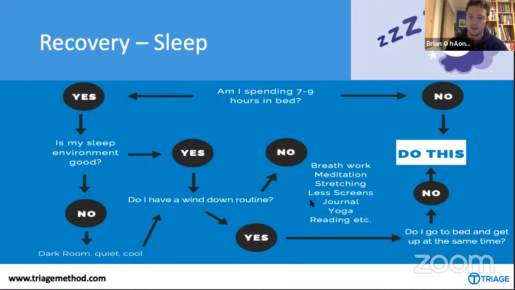Again, limiting your screen exposure is really important. Limiting artificial light exposure. So you never really want to be on your phone in bed. There's apps you can use, like night shift mode on iPhones, or Twilight on Android, right? They can help filter out some of the light that's going to keep you awake, which can be useful. But ideally, you just want to limit your screen time in the evening.